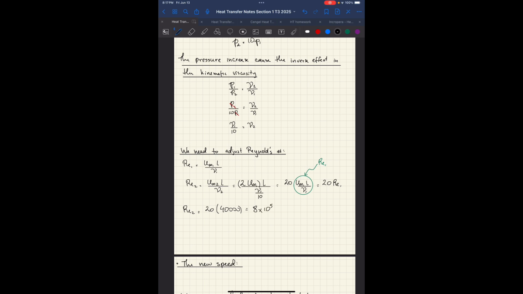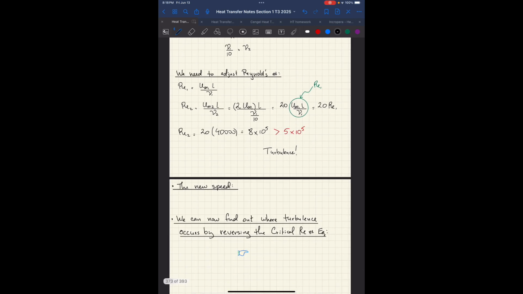Now, because this is a flat plate, this is now greater than 5 times 10 to the 5. So now we have turbulence. Okay, now we have turbulence. So we have to see several things. First of all, let's find the new speed. It's pretty easy. The new speed is basically twice the old speed. That's why we calculated the speed previously. So it's